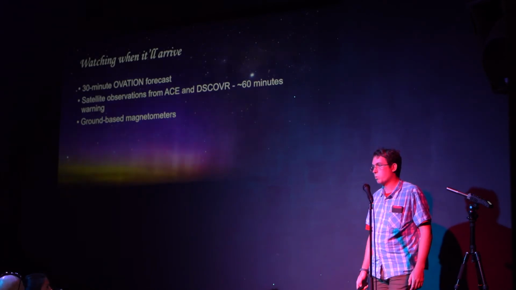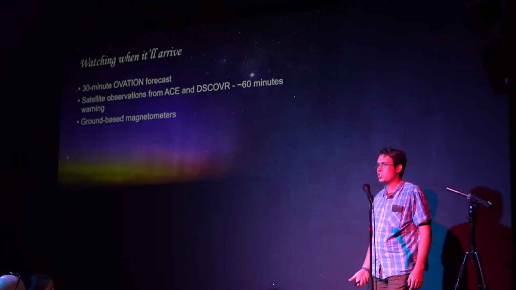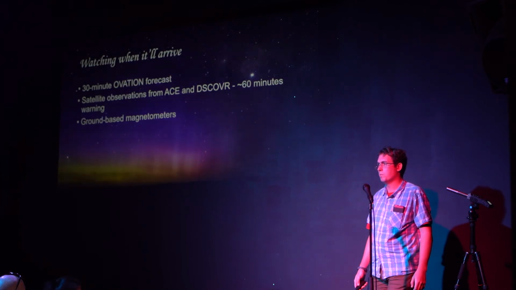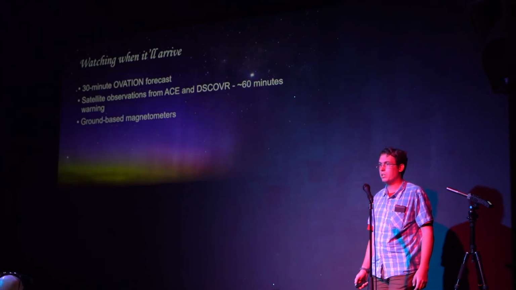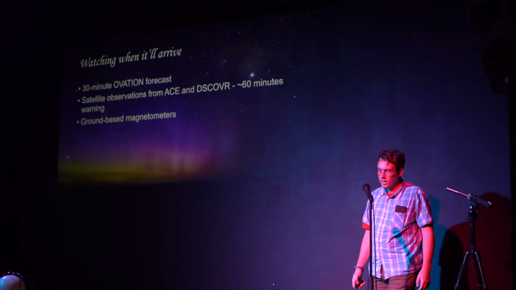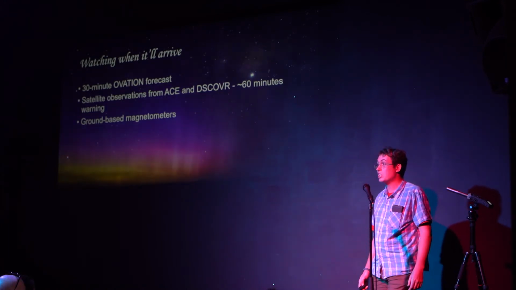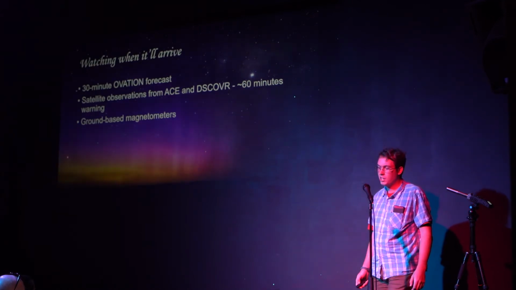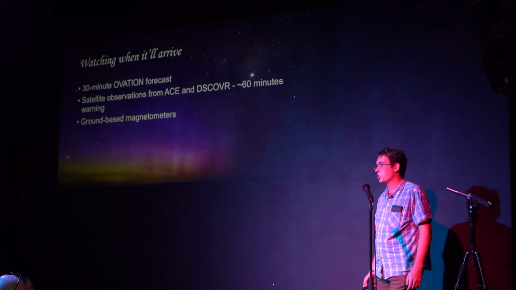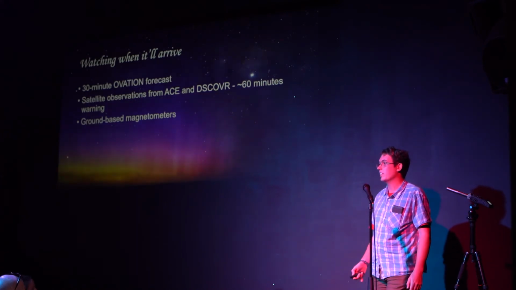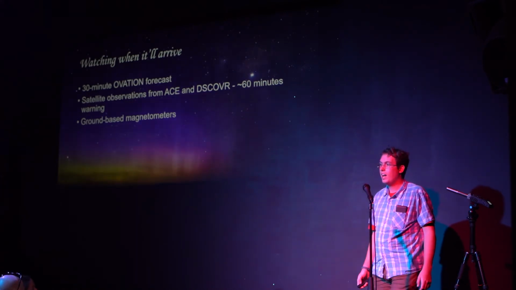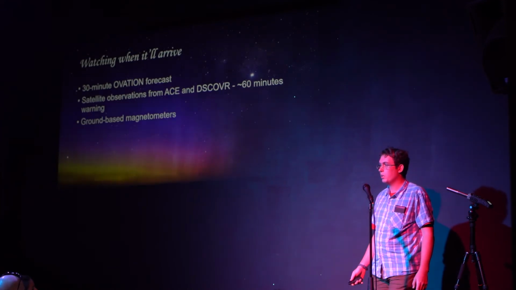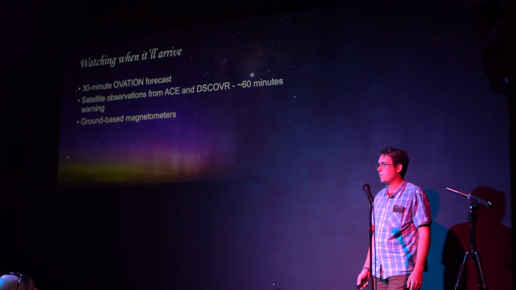Alternatively, you can also look at the raw satellite data from the satellites ACE and DSCOVR. They both measure solar wind and can be quite interesting to look at as well. And when the increased solar wind arrives, it will interact with the magnetosphere and produce what they call a geomagnetic disturbance. That is visible on an instrument known as a magnetometer, which measures magnetic field. There's a network of these all around the world. There's a few in the Southern Hemisphere, and one of the best ones for this particular area is the one